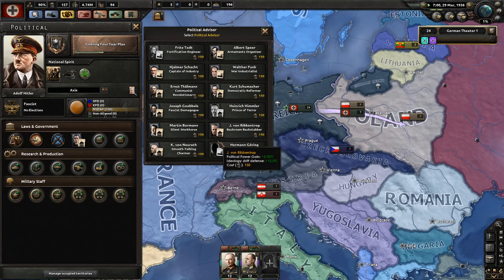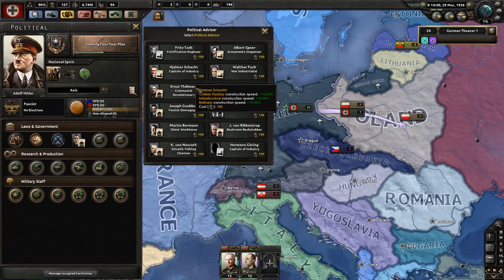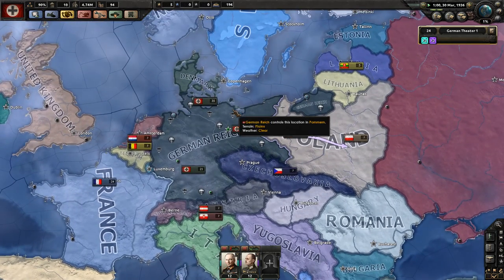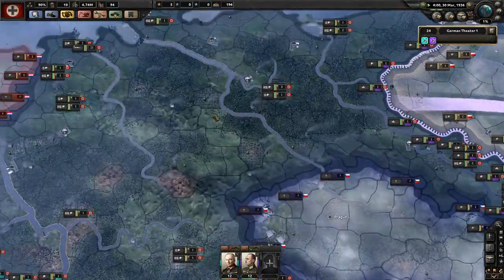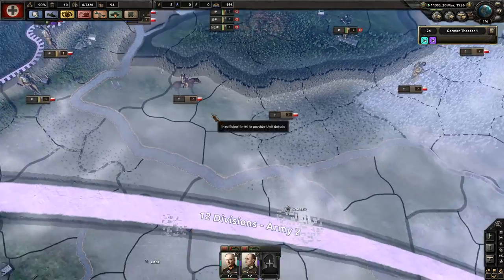Refinery. Yeah, so these two would actually do the same thing. So I can get a 20% construction speed if I chose both of these guys. That's going to be good. I'm going to choose both of them and get a lot of construction speed. It's really going to help us out with building our military factories and building our civilian factories and building our